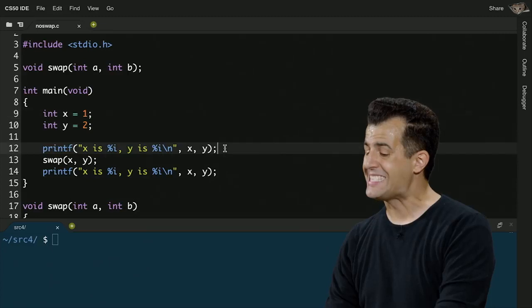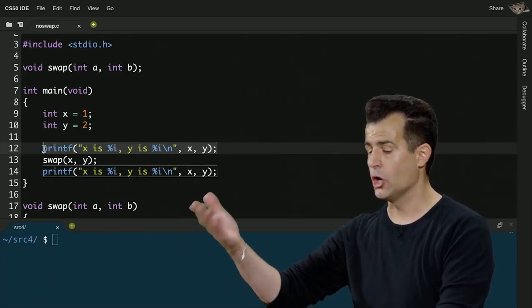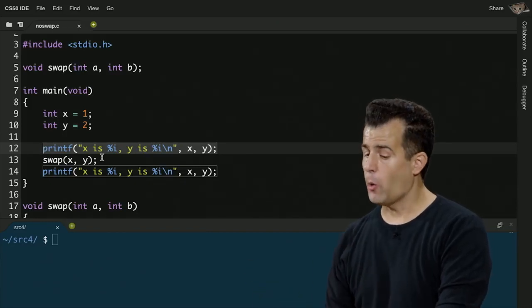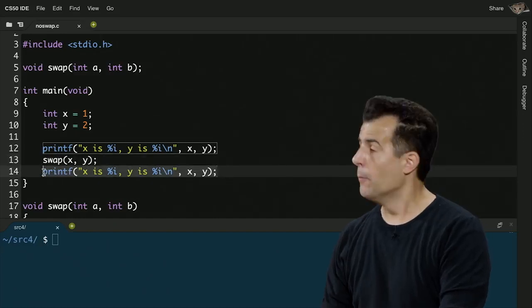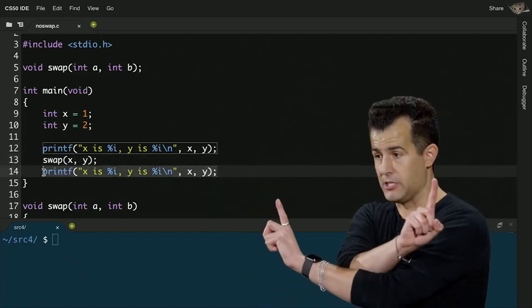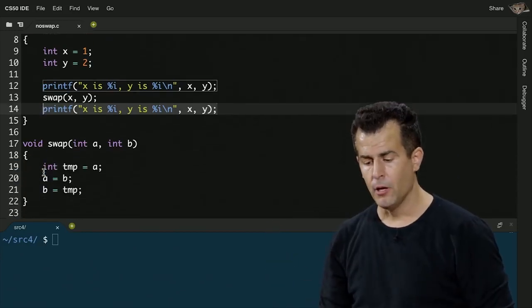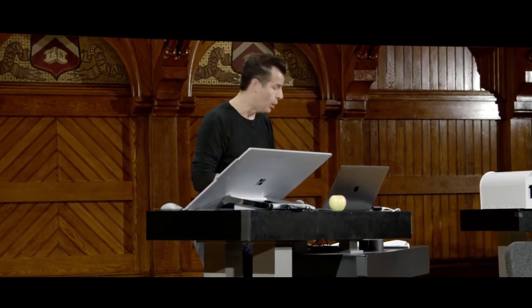Then, just so that we can see what's going on inside our code, I'm just going to print out x is such and such, y is such and such, printing x and y. Then I'm going to call that swap function, swapping x and y. And then I'm going to literally print the same phrase, but I'm hoping that it's going to say the opposite the second time around if x and y are indeed swapped. So how do I implement swap? Well, it would seem to be, with this same code, using a temporary variable or temporary glass, just as Farrah did for the two liquids.